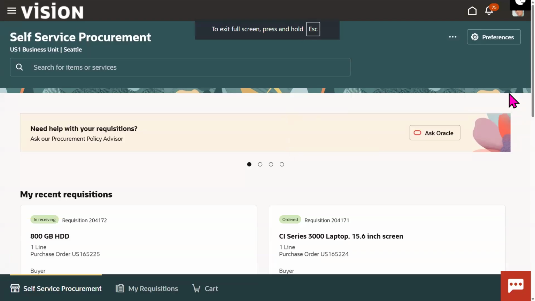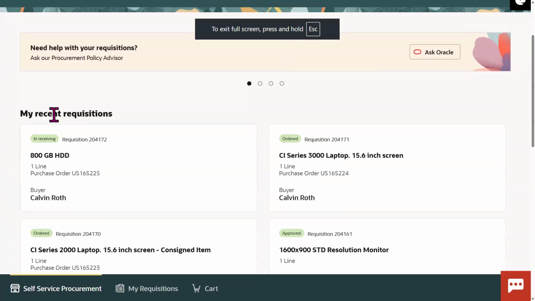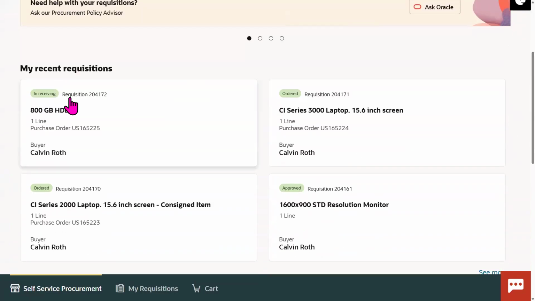And this is the recent requisitions section. So whatever requisitions you have created recently, you can see here, and you can see the status as well. So this is ordered, and this is approved. Approved means the requisition is just approved here, and it is also ordered here. Ordered means you have a PO number also here. Ordered status means for this requisition number